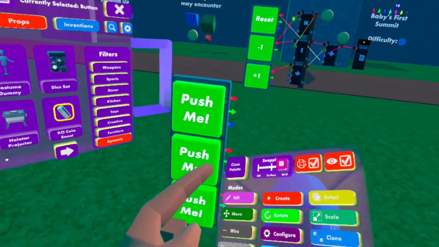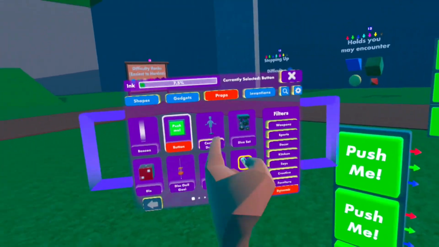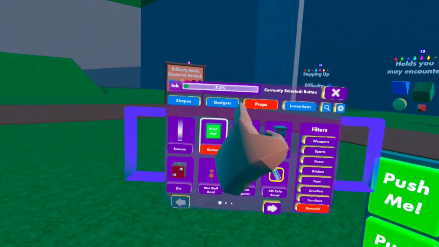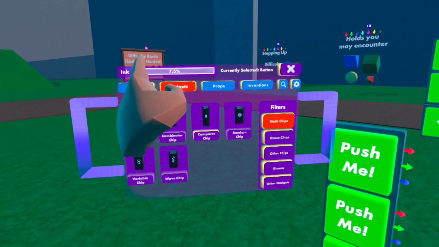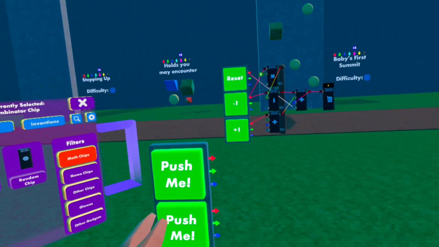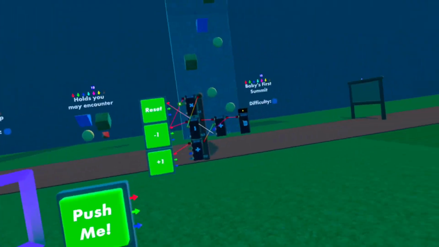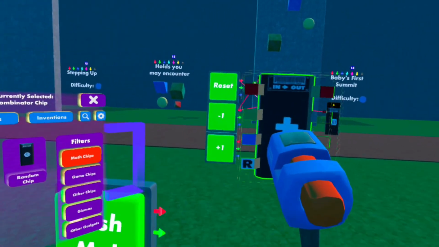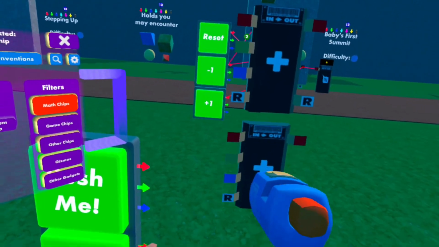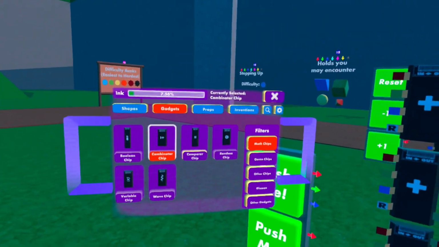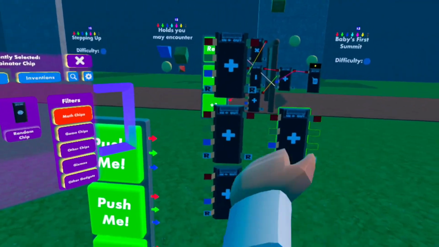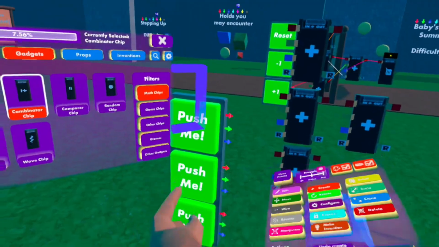With these, we're now going to get onto the actual circuits part. In your palette, go to Gadgets, Math Chips, and there's one chip we're going to worry about for now: the Combinator chip. The Combinator chip is Vanilla's basic math chip. You're going to want to spawn 4 of these math chips,